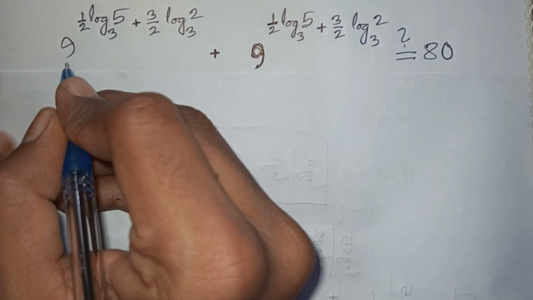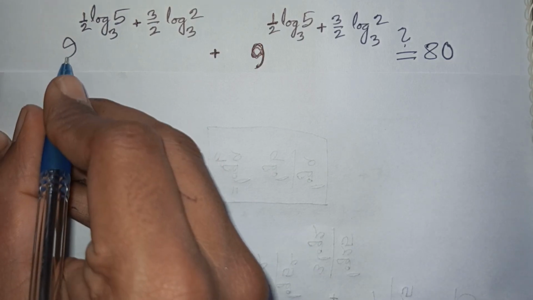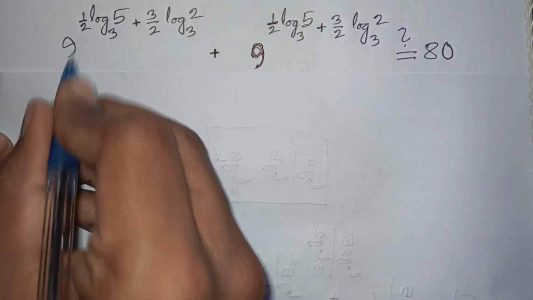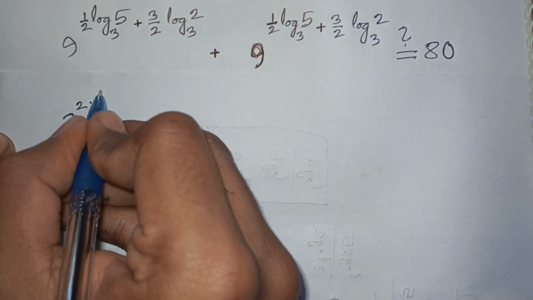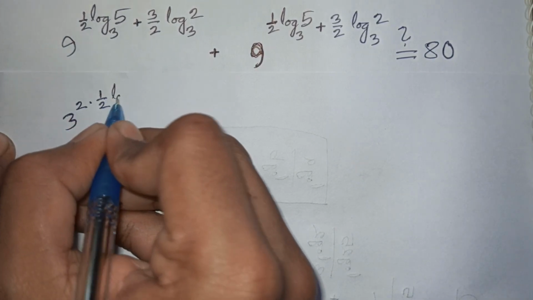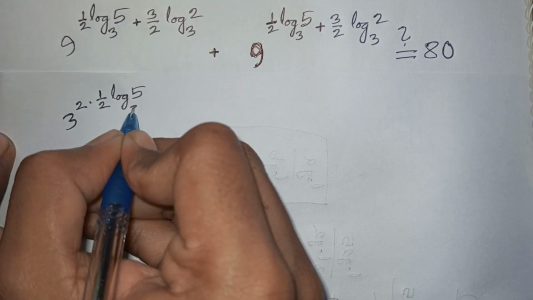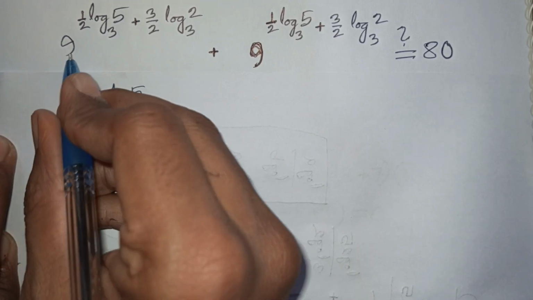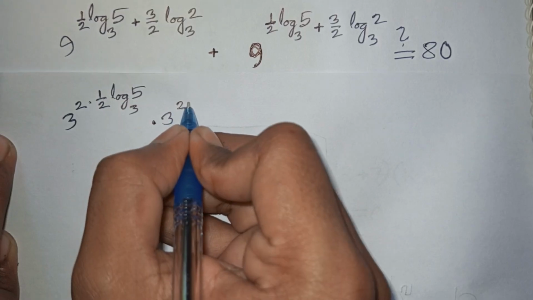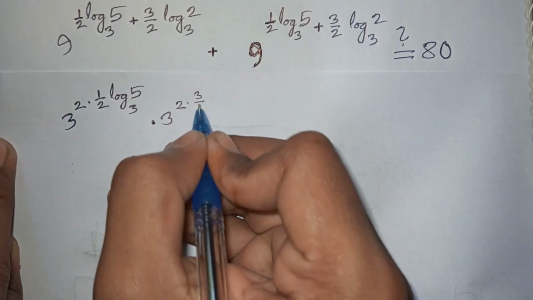Now here we apply exponential rule. So it can be written as 9 is same as 3 power 2, then multiply by power of 1 over 2 log 5 base 3, times 9 is same as 3 power 2, then multiply by power of 3 over